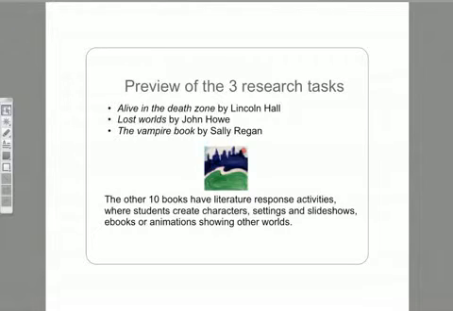So I thought I'd get down now into a little bit more precise detail of some of the actual tasks associated with the lessons. So I chose here the 3 research tasks, actually, but I should be really blunt with you that the vast majority of tasks in this project are not research tasks, they're literature tasks. So I've kind of gone a bit sideways here, and I'm showing you some stuff relating to factual texts, but actually most of the tasks are about responding to literature.